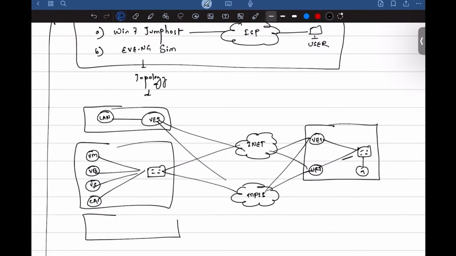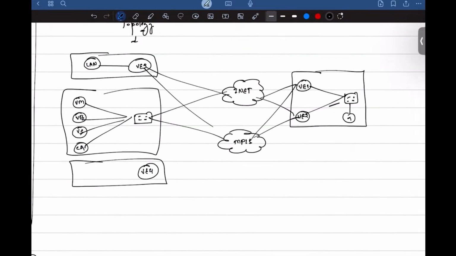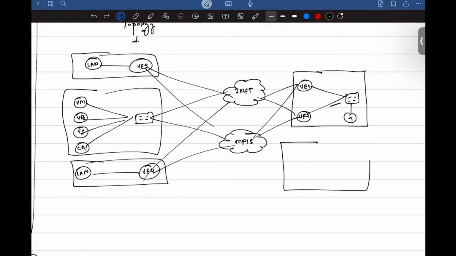Then another vEdge, let's say vEdge 4, and then LAN. And after that, one more site where vEdge 5 will be connected just to the MPLS, and vEdge 6 will be connected just to INET. Then we will have a link between both of them and a LAN segment.